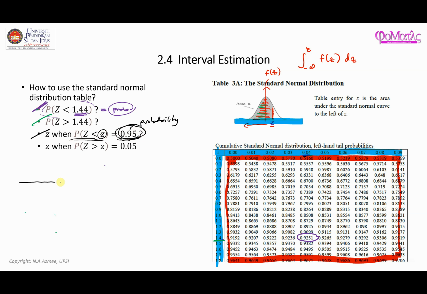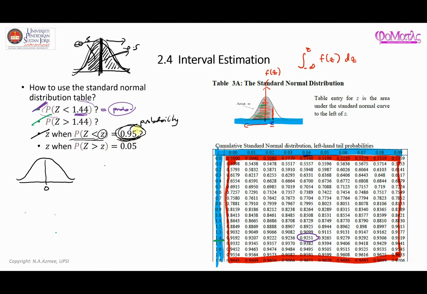Now if I sketch this information given here, we know this is at 0.0. So the probability is greater than 0.5. Now if the graph is symmetric, so we know that the area here is going to be 0.5, and another area here is also going to be 0.5. From the middle towards the right is going to be 0.5. From the middle towards the left is also going to be 0.5. So the total area is going to be equal to 1.